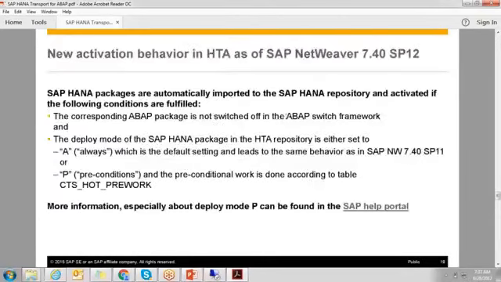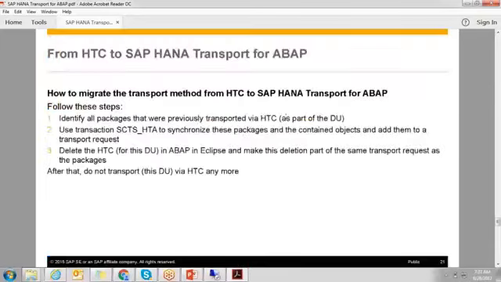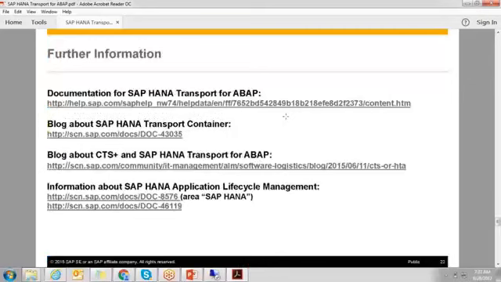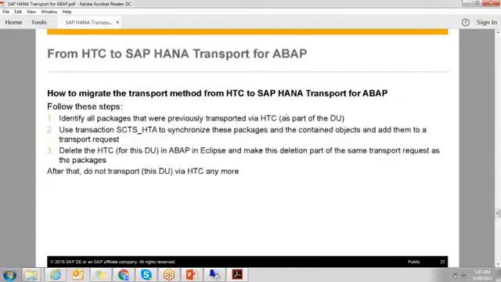I'll share this PPT. Just go through it, you will get clarity on this. So there are three ways: HANA transport container, and one more is delivery unit upload and download, which is for native HANA developments, and synchronization with the ABAP transport. In different ways we can transport.